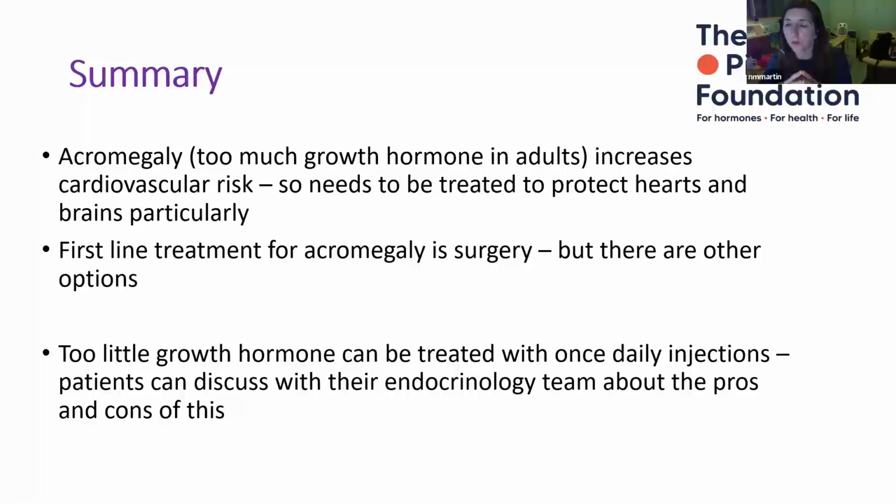So just to summarize, because we obviously need to leave time for questions and answers, this evening I've told you about acromegaly, too much growth hormone in adults, and I've told you that it increases what's called cardiovascular risk, so we need to treat this to protect hearts and brains particularly. I've told you that the first line treatment for acromegaly is surgery, but there are other options. And then we've just explored the concept of too little growth hormone, which we can treat with once daily injections. That's going to be in a group of patients who've had a problem with their pituitary in the past. And patients can discuss this with their endocrinology treating team about the pros and cons, the advantages